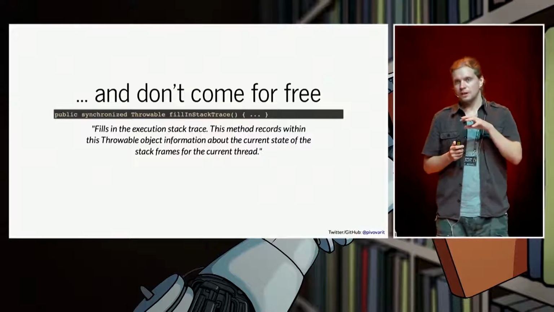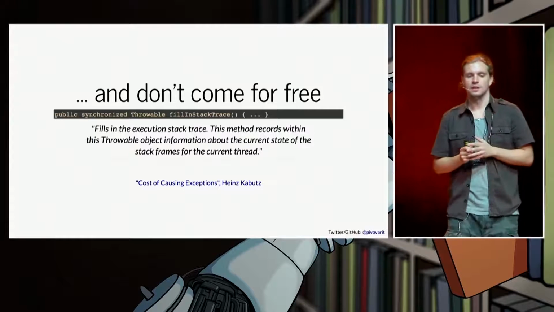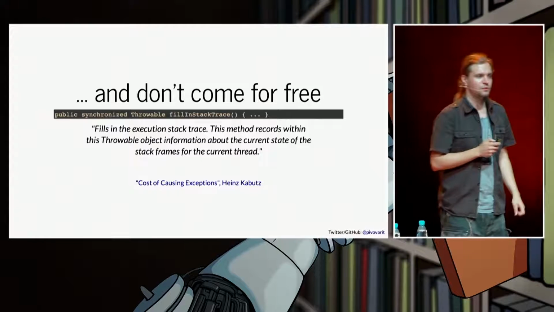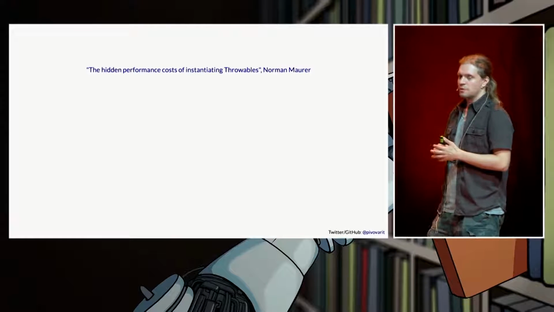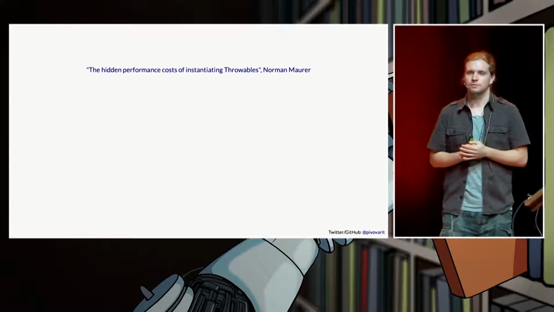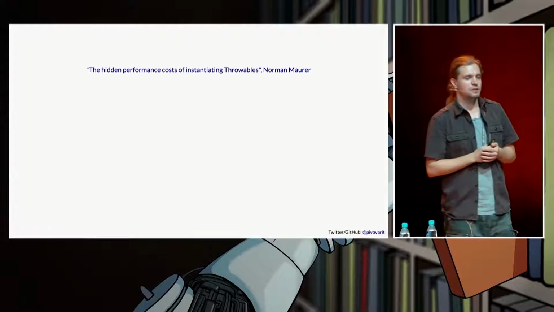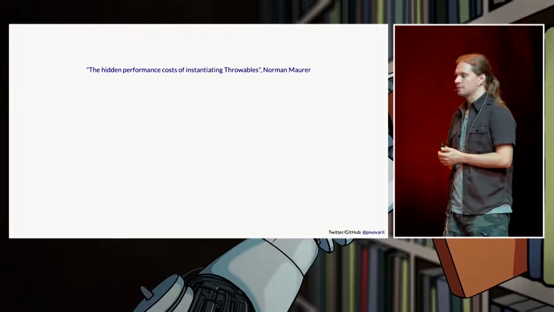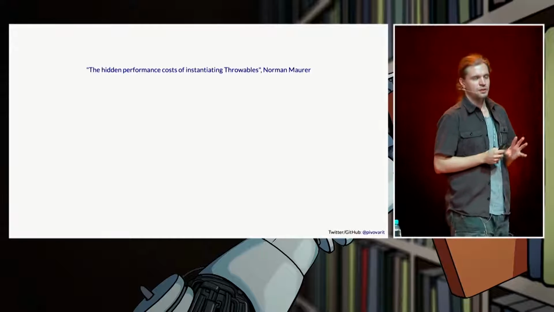If you actually want to read in depth how much it costs, there is a very cool write-up about this by Heinz Kabutz. But let's focus on one particular benchmark from Norman Maurer from Netty. Netty is a high-performance networking library for Java, and they really needed to push the boundaries further in terms of performance. So at some point, they started benchmarking and seeing how exceptions would affect the performance of the library. They did the experiment with three simple cases.